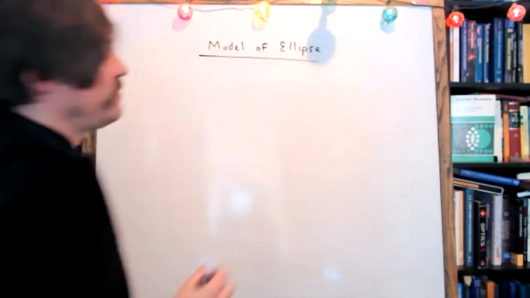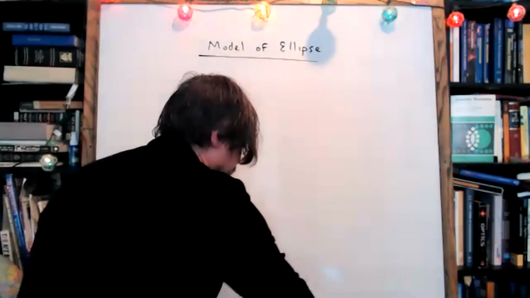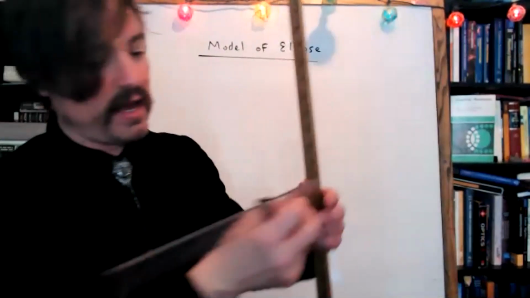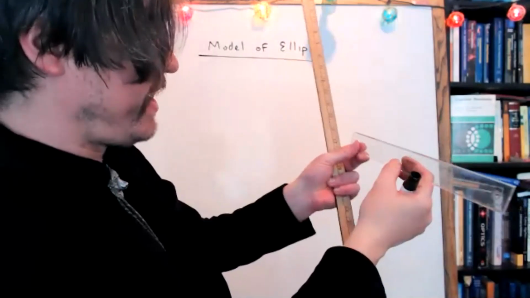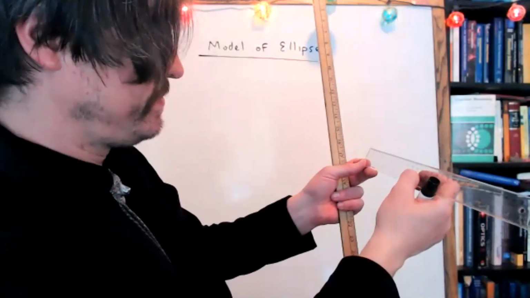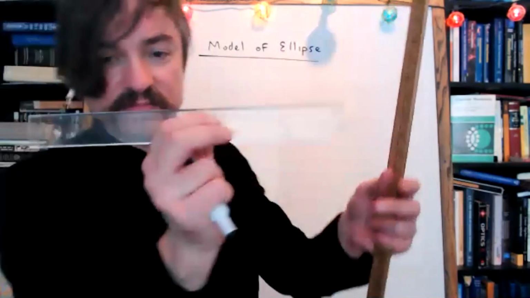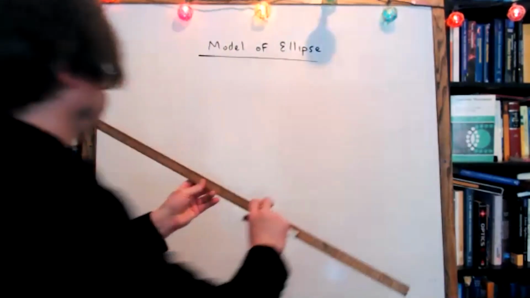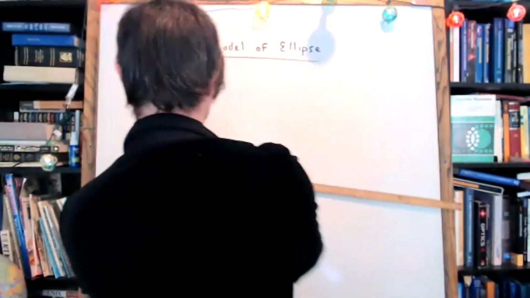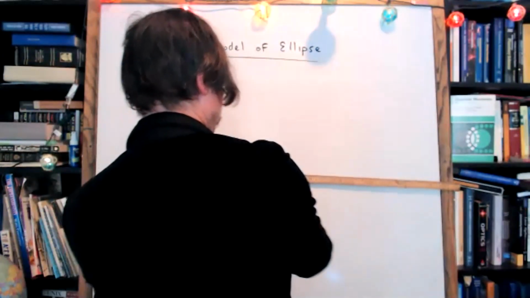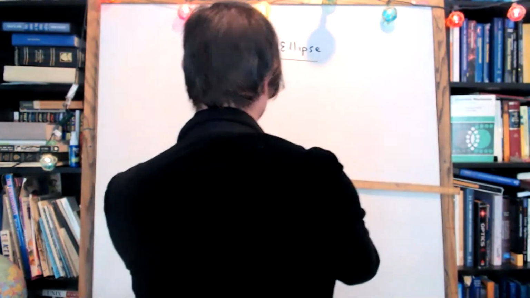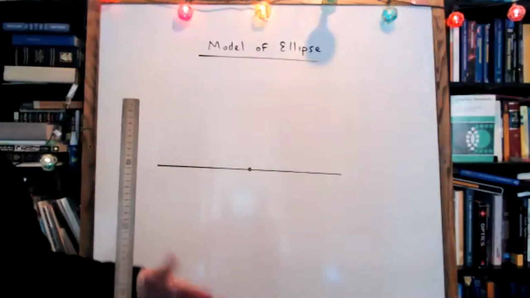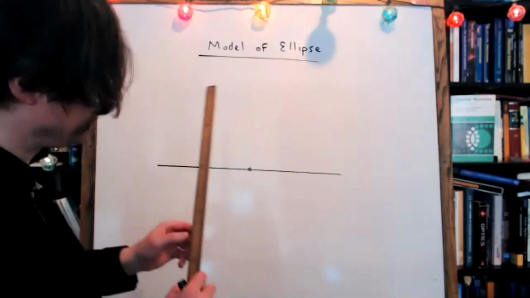I haven't really figured out a good way to do this on the dry erase board, so here's my cheap version. If you have a ruler, make a line in the middle of your page, leave some headroom, and make that line, let's say, maybe 12 centimeters long, okay? I'm going to do slightly bigger here. Make this 60. And mark the midpoint of that line with a dot. So if you made yours 12 centimeters long, mark it at 6 centimeters.